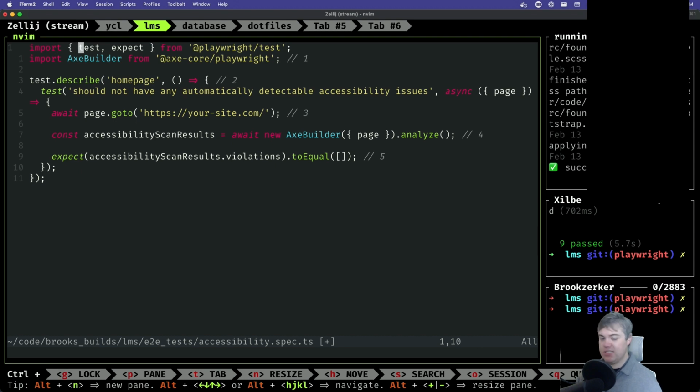Import test and expect from Playwright test. Import the Axe builder from Playwright. We describe the home page, so that's okay. We're at the home page first. It should not have any automatically detectable accessibility issues. Fine. Async. Okay, so we get the page. We go to